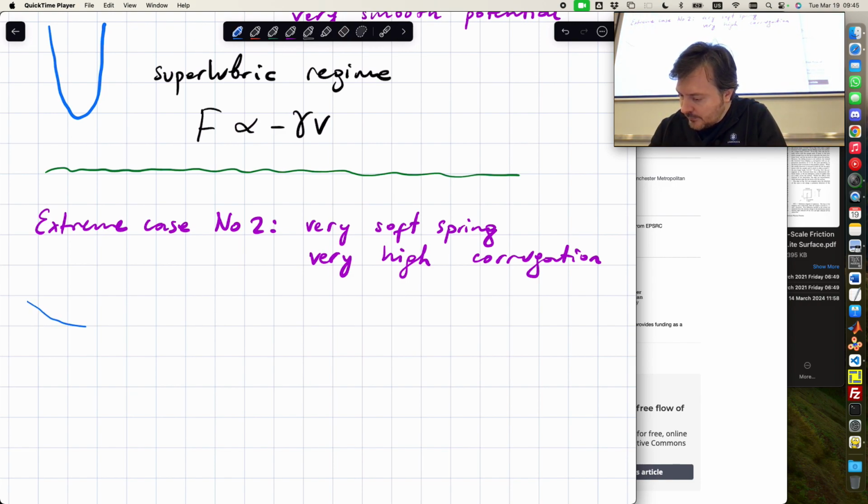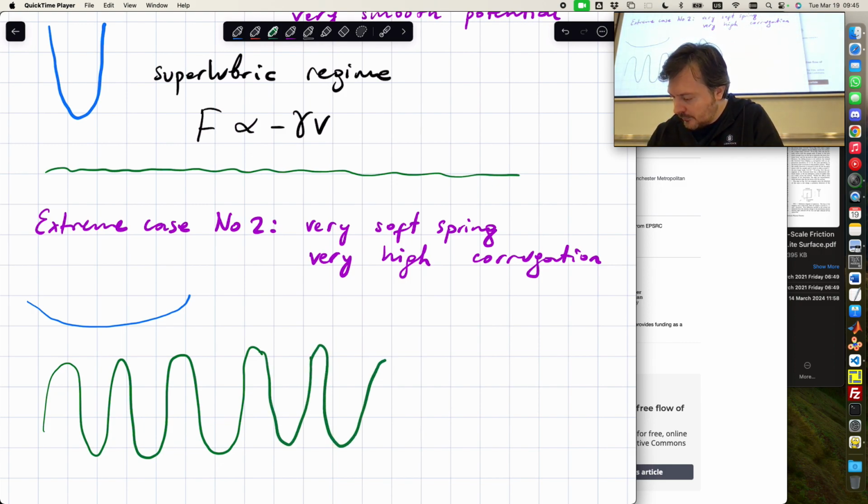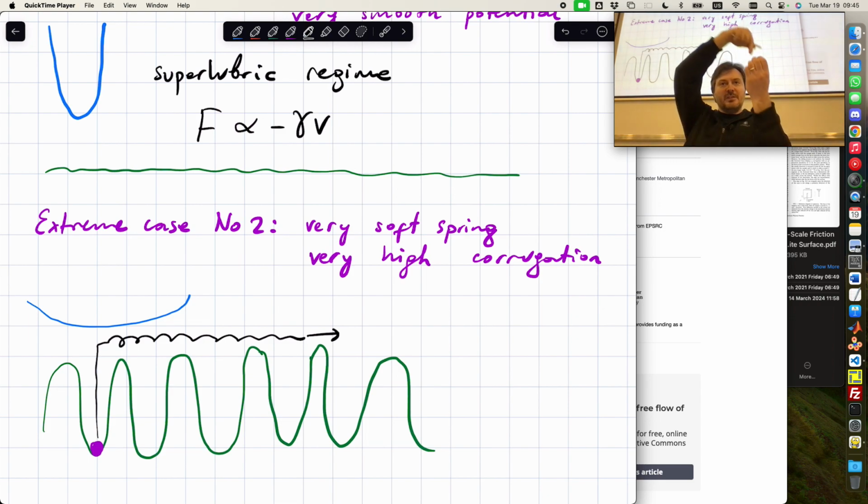It's very soft. While the corrugation is like this. So the ball would like to stay here, while you are dragging it with a spring that has very low spring constant. So it will just sit there, and you are dragging